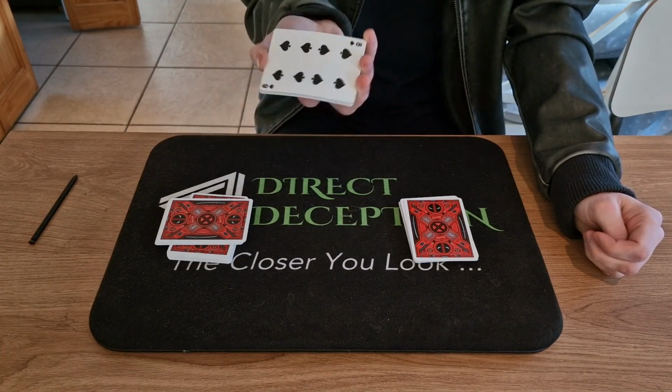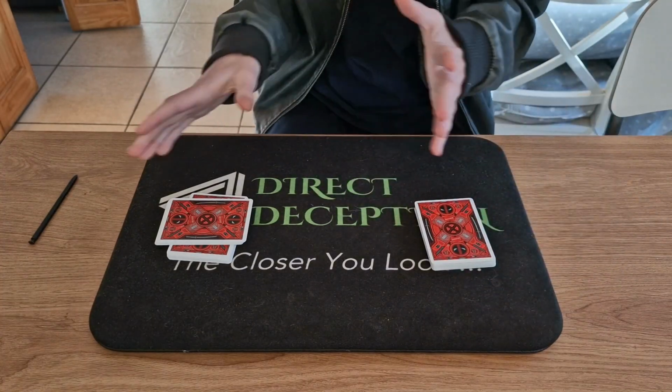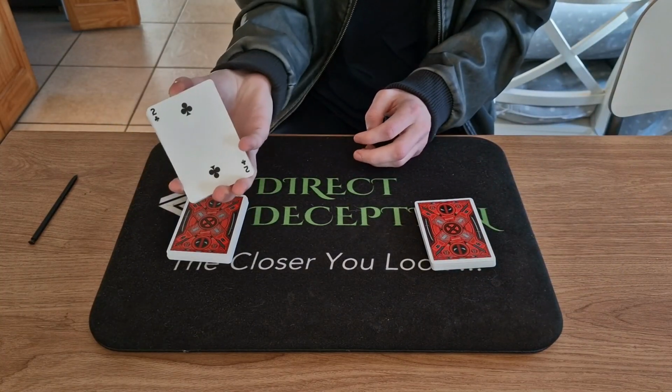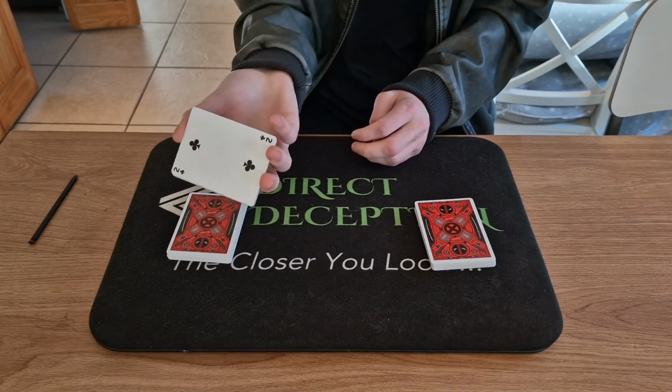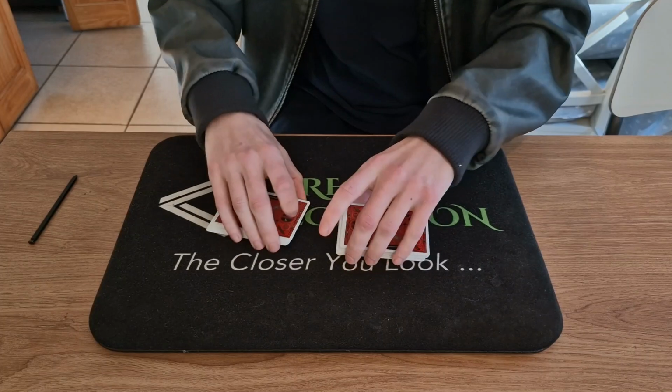We're just going to totally ignore this. It doesn't matter. So we just pretend to look at the card and remember it. We don't remember it. And the spectator is going to remember their card. So in this case, they're going to remember the 2 of clubs. So we're way ahead. We already know what card they're thinking of, and they think we're also thinking of a